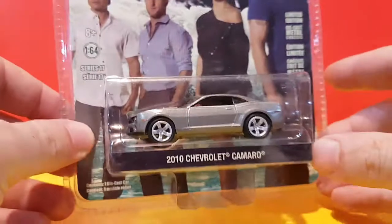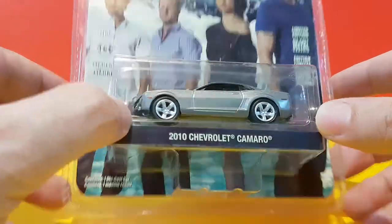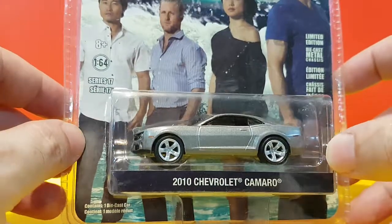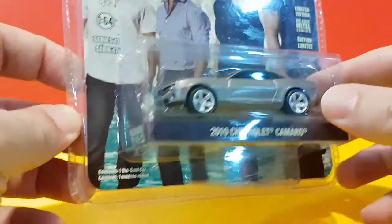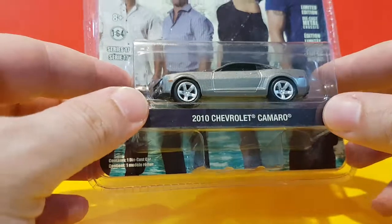Cool. And next, and the last one of the random cars, the 2010 Chevrolet Camaro from the Greenlight Hollywood series. This one is from Hawaii 5-0, the reboot that I never watched. I don't know if it's good or not. I didn't watch the original either, so I have no idea. Why did I get this one? Because I realized I had no